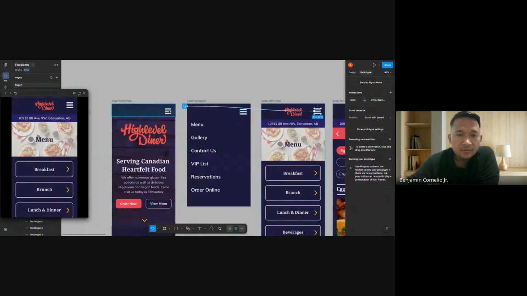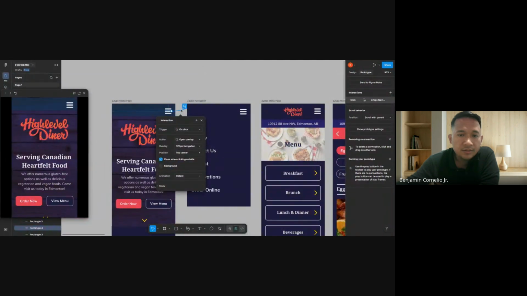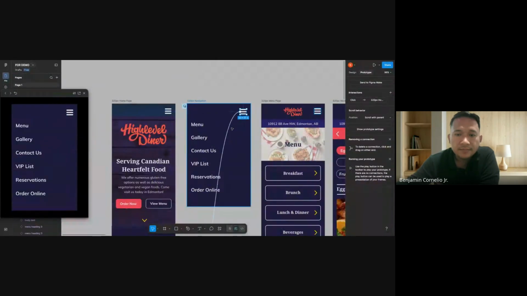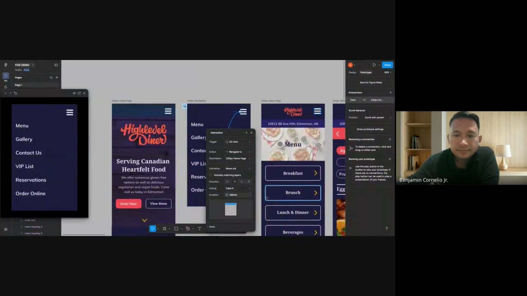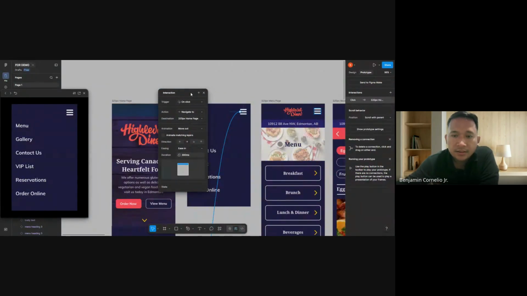Okay, so let me just see. Hold on. If it's actually similar to this one, it's open, it's an overlay. So this one is, once it clicks out, you can navigate to